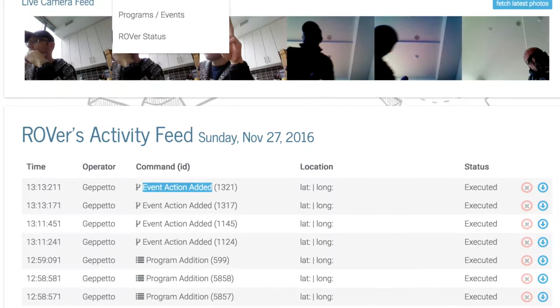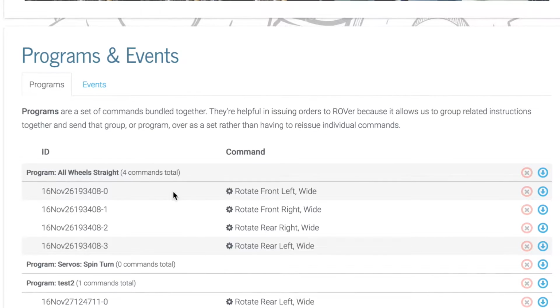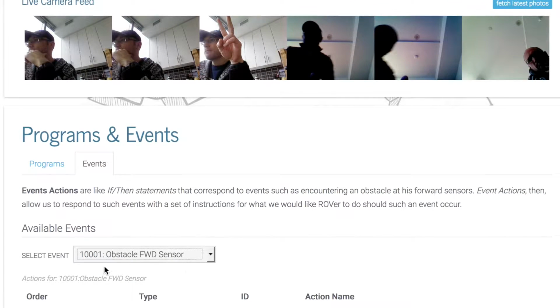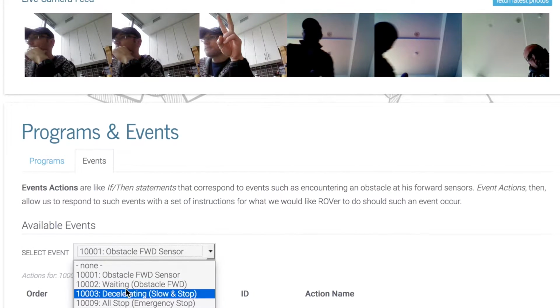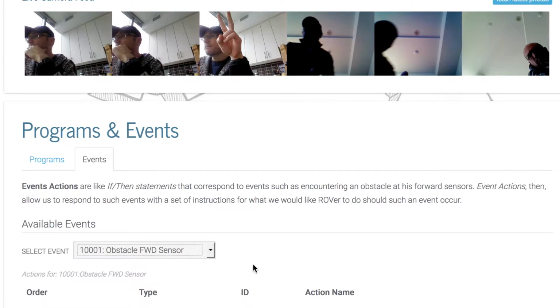So if we move over to the programs and events section, here we see the programs list that we saw a moment ago. If we flip over to the events, and of course this is still a work in progress, the idea here is that for each type of event that can happen, and these are the events that we currently have within ROVer's programming, and they're coded with this kind of 10,000 and increment values,